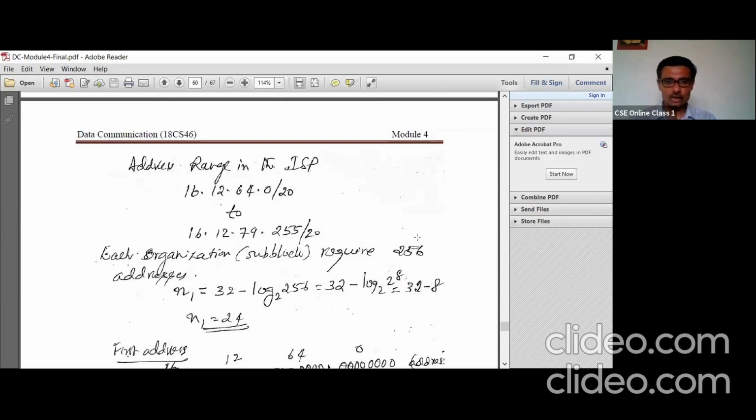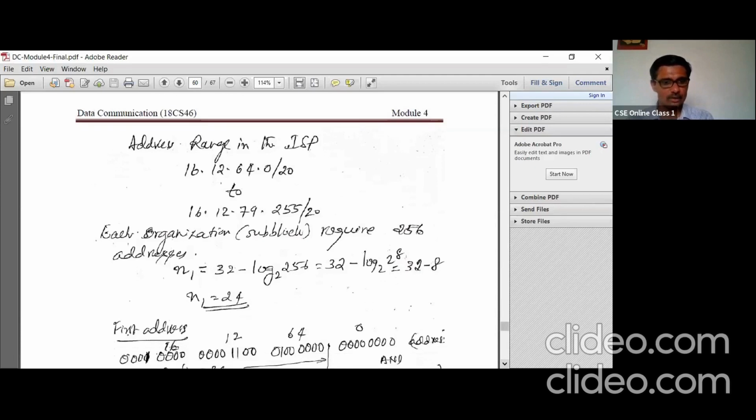See here, 256 itself is a power of 2, so you can take that itself. Therefore we get 24. So the prefix length for every subnetwork here is 24.